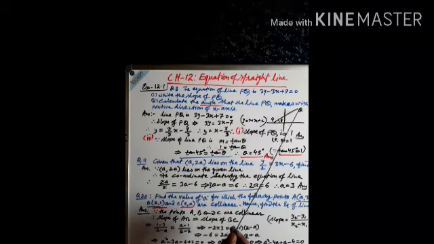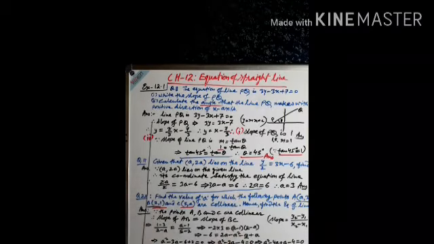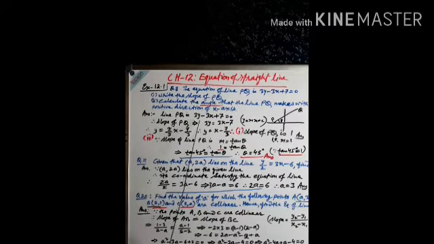So see, this is the diagram. This is the x-axis and this is the line PQ. Okay, so it is making angle theta with the positive direction, this way, positive direction. So here you have to find the slope of the line. So line PQ is given 3y minus 3x plus 7 equal to 0.